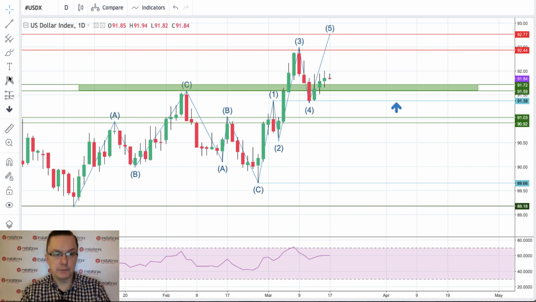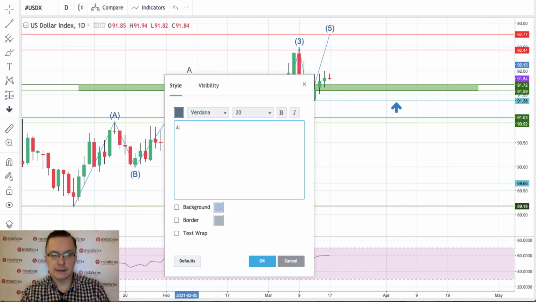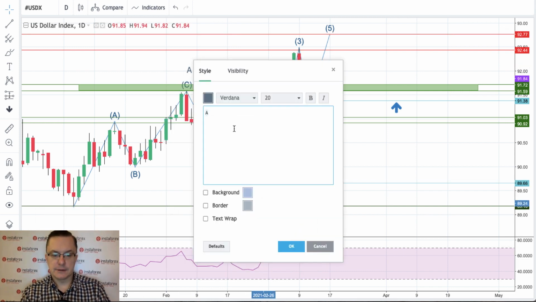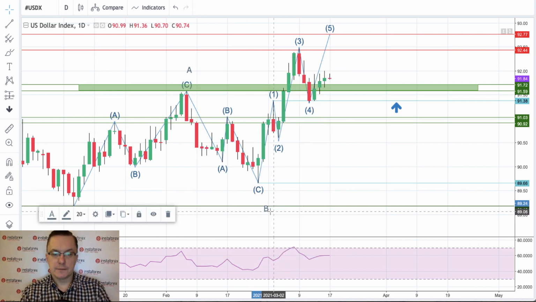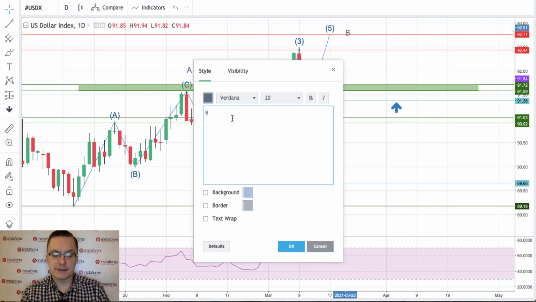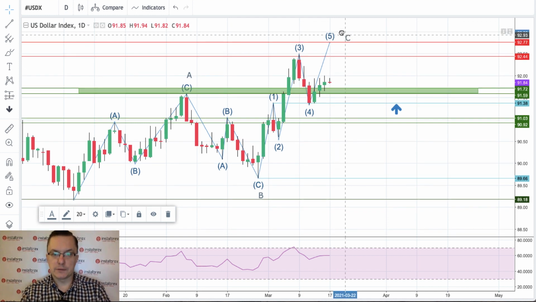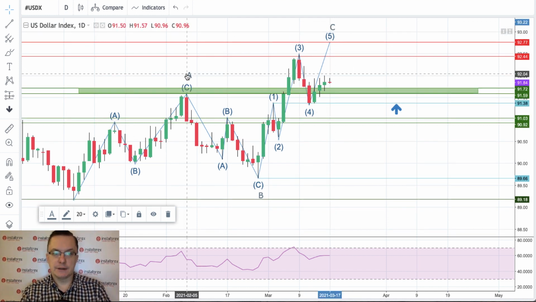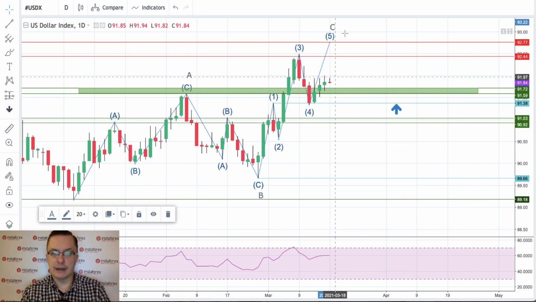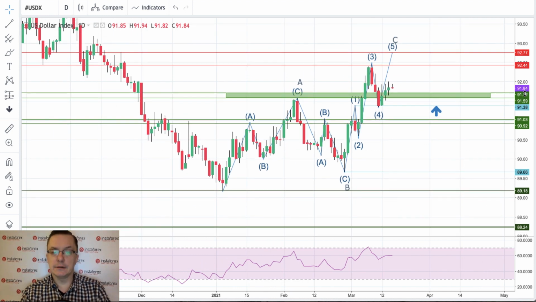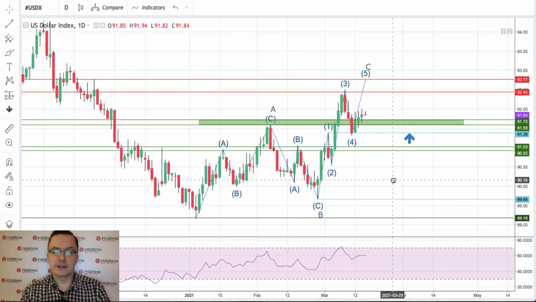If this movement is done, then we can have a correction A and B. As you can see, the low of the B is here, right? This is the wave B, and then of course we can have a wave C to the upside, and that's the textbook correction of the irregular flat. 3 waves in the wave A, 3 waves in the wave B, 5 waves to the upside in the wave C. Textbook example of the counter-trend correction, and it still looks like a counter-trend correction,